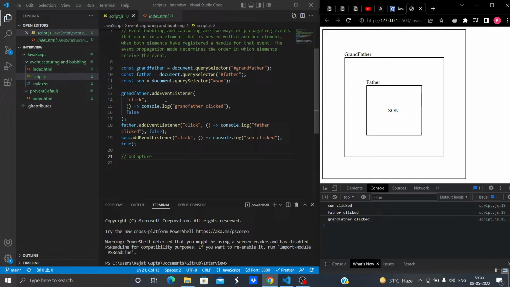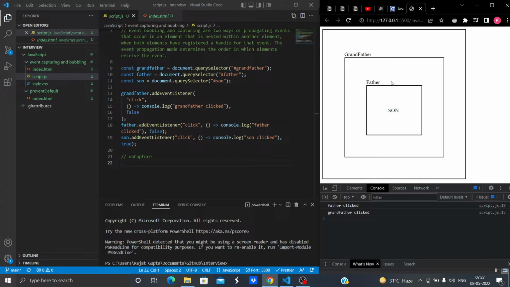So that's done. Now what will happen when I click on father? Obviously, sun will no longer be in the picture. Again it will try to run grandfather in the capturing phase. The capturing phase won't be able to run grandfather because on capture's value is false, and in the case of father also on capture's value is false.